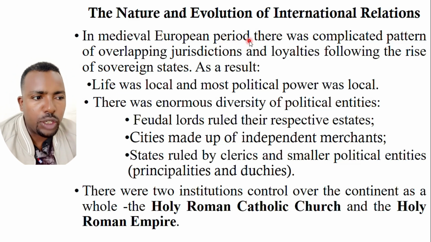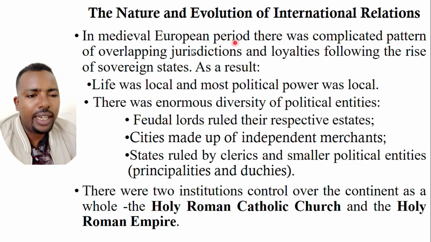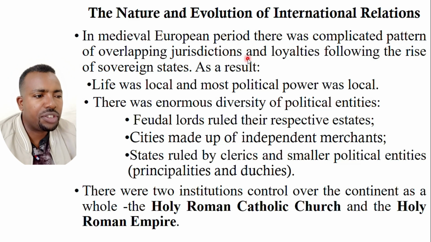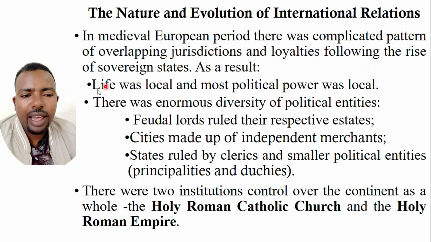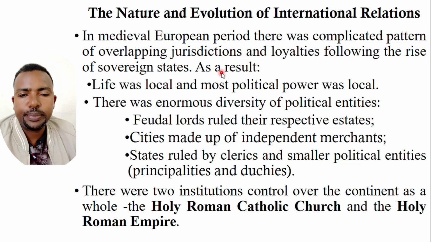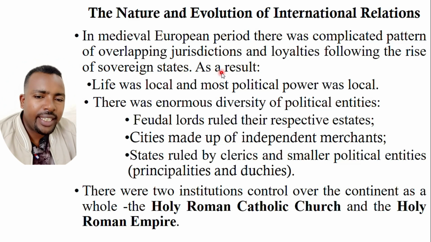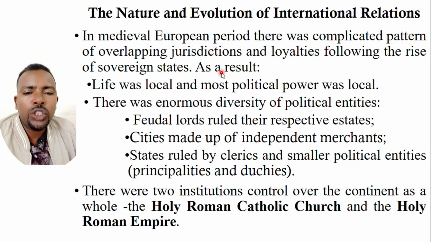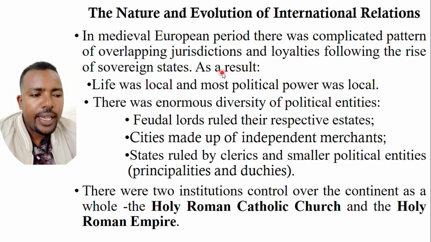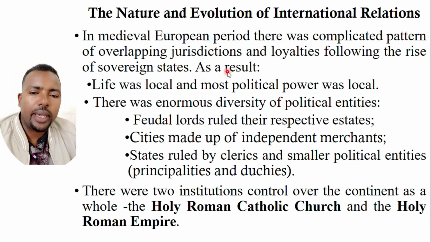So in medieval Europe, there was a complicated pattern of overlapping jurisdictions and loyalties preceding the rise of sovereign states. Sovereign states emerged after the medieval period. Up until 1648, there was a universal as well as local nature of politics as a result of overlapping of jurisdictions and loyalties among the states. During that time,